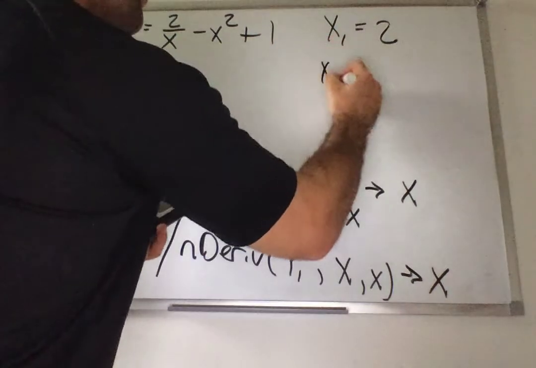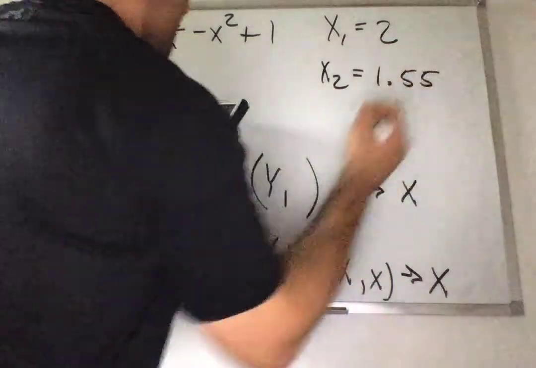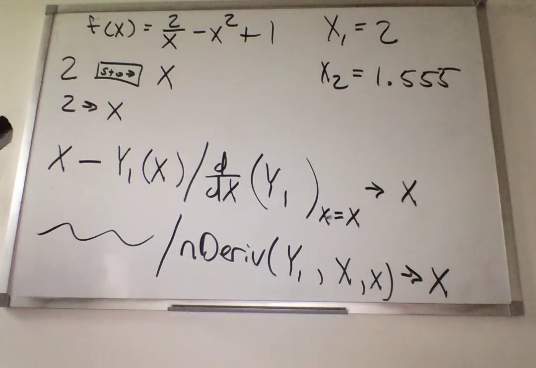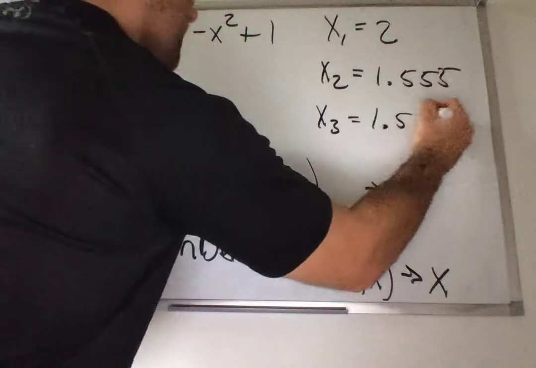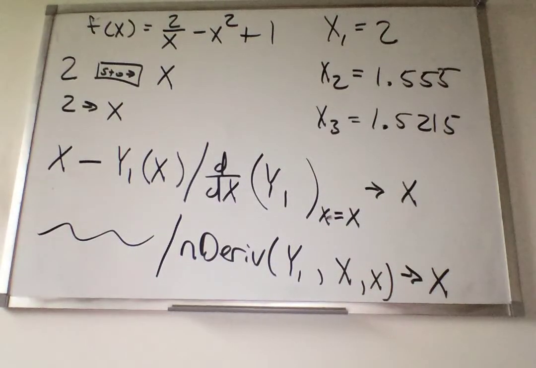And if I hit enter, I get my x2. x2 is equal to 1.5, and then hit enter one more time, you get x3, which is 1.5215. Now if you keep hitting enter, as you could see,